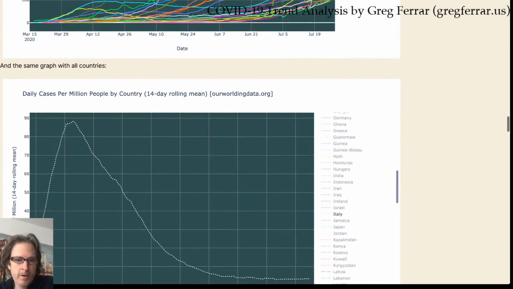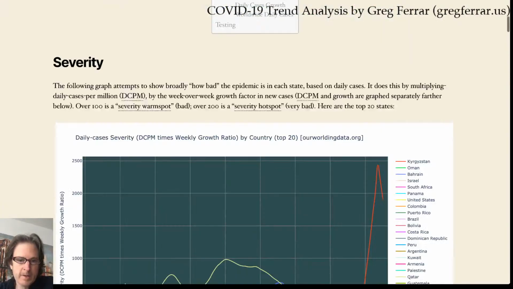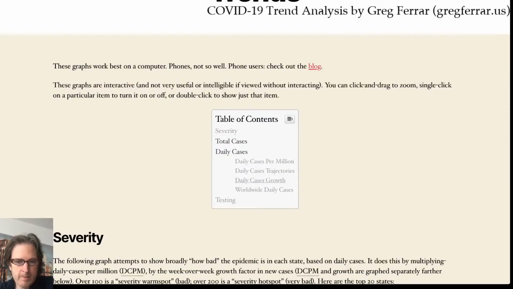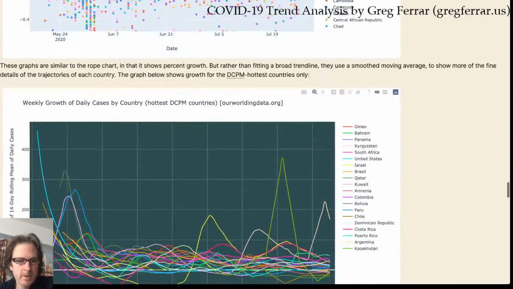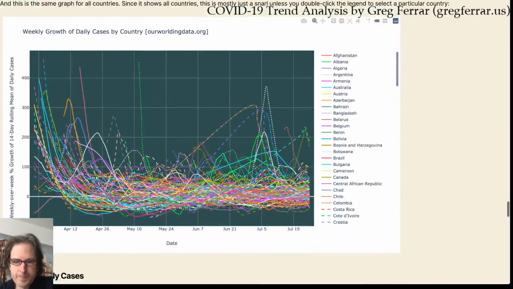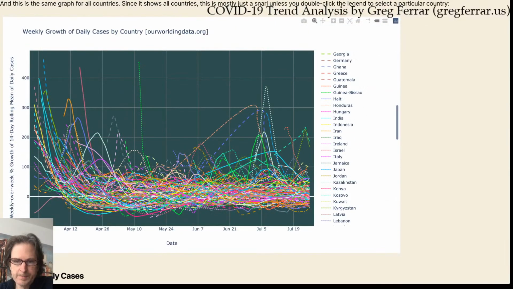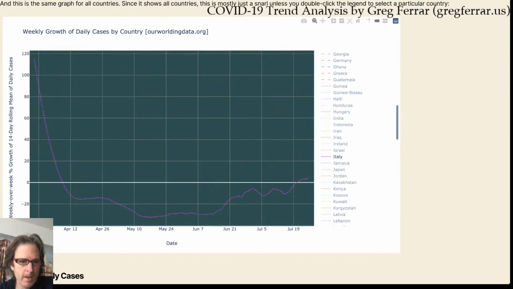But if you look at the growth chart, I'm guessing we're going to see a story that, if you only had the growth chart, you might get worried about old Italy. Let's see Italy's growth chart. Yeah, okay, not too worrisome, but in recent weeks, you might look at this and say, oh no, here's Italy